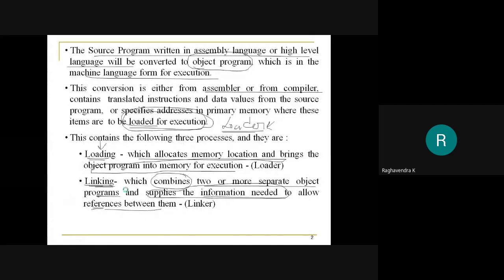The third functionality is relocation. We have already discussed relocation in the assembler, right? What do you mean by relocation? We should be able to run the program anywhere in the memory. The loader's job is to load the program, so it will look at where memory is available, and there it will put the program for execution if it fits.